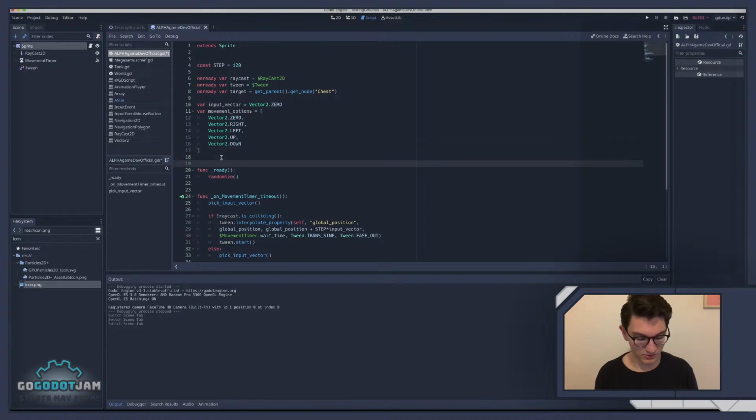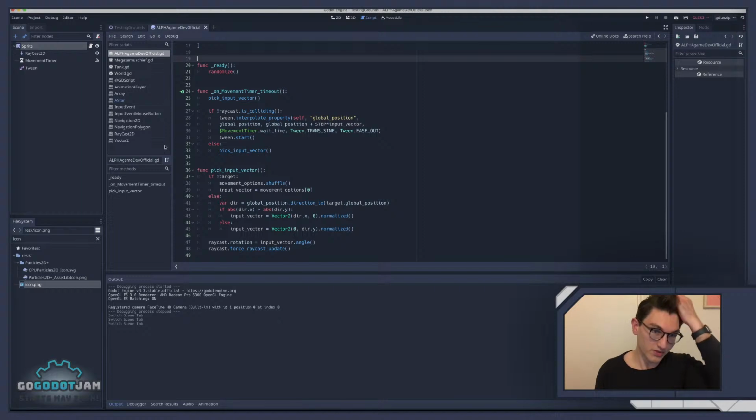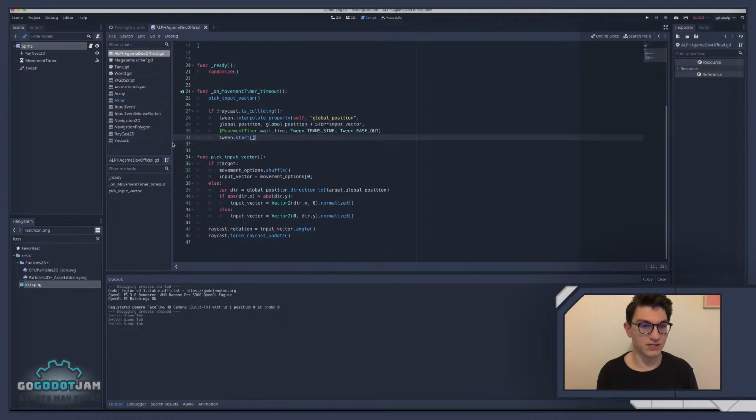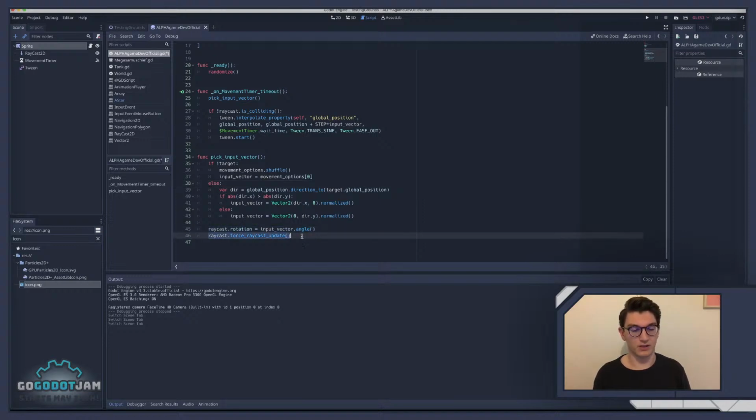It's much less difficult to do what I'm about to do right now, which is, when we do the pick input vector function, so we're no longer going to use this. We're going to do this, and then that should be okay. And then essentially what I want to do is that, if we are doing this or this, I wonder if there's a way I can just recall this, because I want to start back up at the top. So we pick the input vector, then we're going to rotate towards that position and check if we are colliding. If we are colliding, for random it's okay to just restart because it'll reset. But here we'll just keep picking the same one. So essentially what we need to do is probably store that